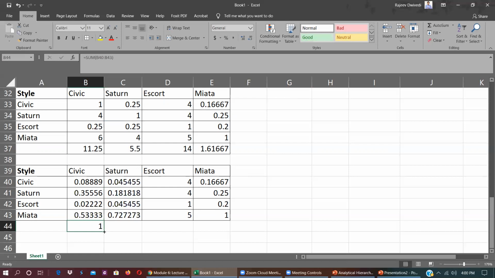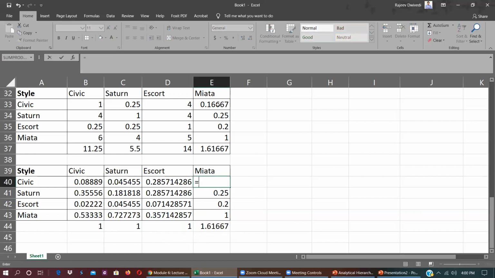Now I need to check whether this is done correctly. Okay, correct. This divided by, divided by, divided by. So I'm making it one by one so that you can have clear understanding. Otherwise, there are options under Excel to do this in one shot. Now I just do it, so automatically when I finish, you will get the